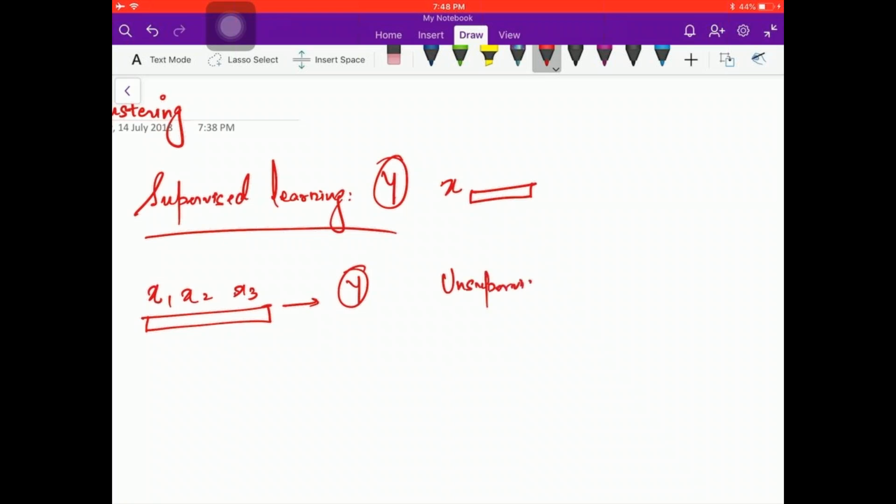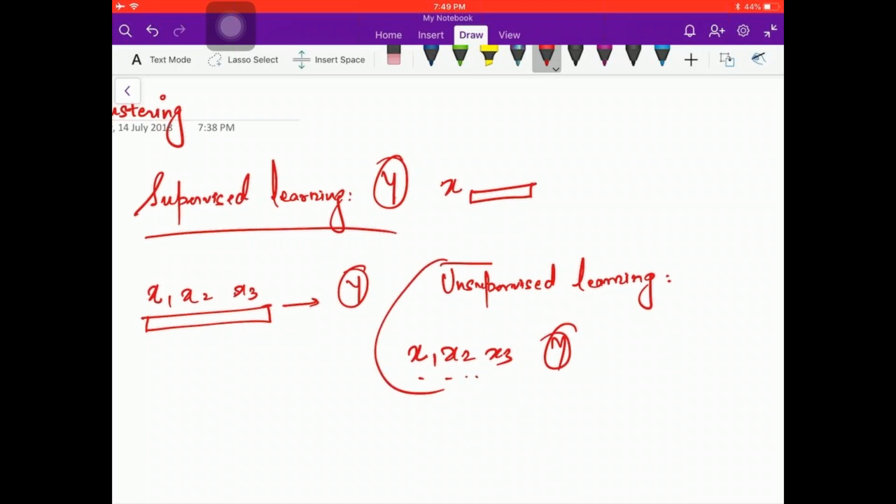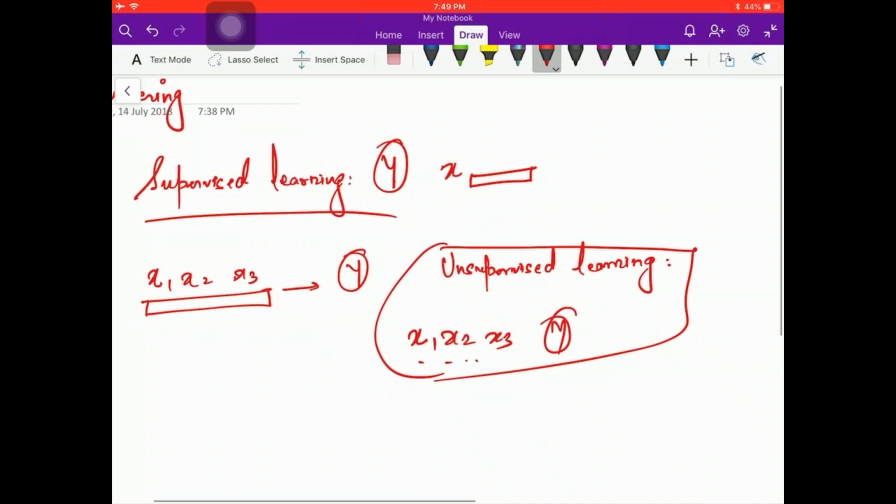Now, the other would be unsupervised learning. Can you guys answer this? This will be very straightforward, right? What is unsupervised learning? If there is no y, correct. So someone forgot to mention the y. Someone has collected data on x, x1, x2, x3, but they forgot to mention the y, or forgot to collect the data y. Either they forgot, or you don't have any y associated with it. You don't know. So this is very important. Don't forget this, guys. This is very basic of machine learning. What is supervised learning and unsupervised learning?